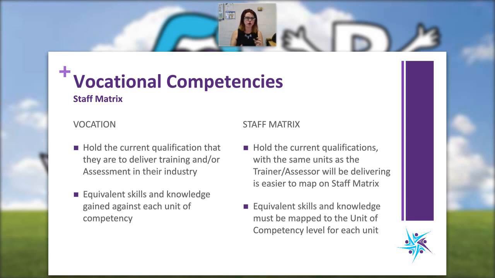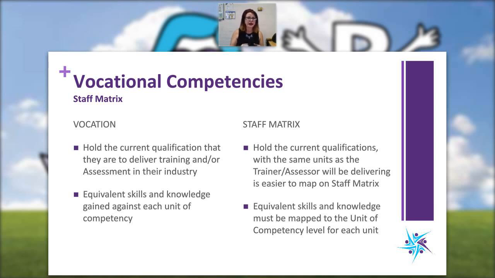So to have a suitably qualified or experienced trainer assessor and to meet the sufficiency, so when we look at the rules of evidence and principles of assessment, sufficiency is one of the things that comes up with sufficient evidence. Sufficiency also comes under trainers and assessors, and what sufficient skills and knowledge do they hold to actually enable them to be able to deliver training and assessment in the first place. So in order for a trainer or assessor to have sufficient skills and knowledge, they must have sufficient industry experience